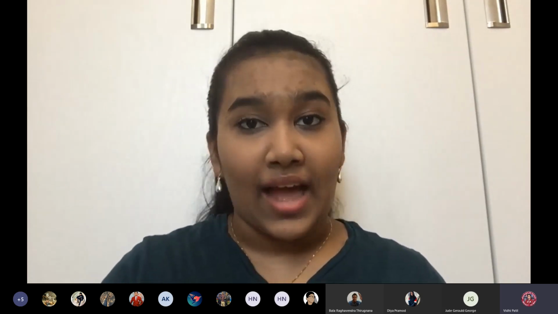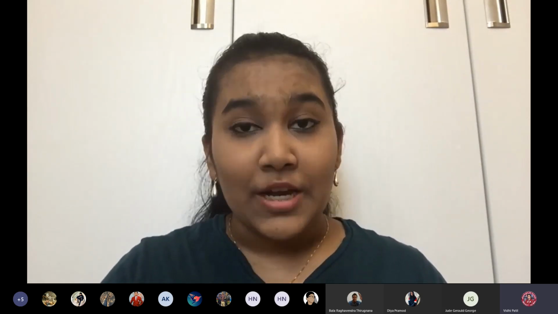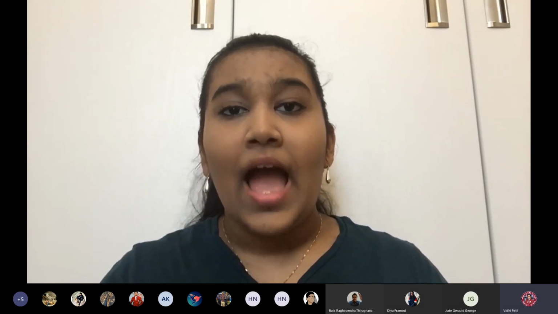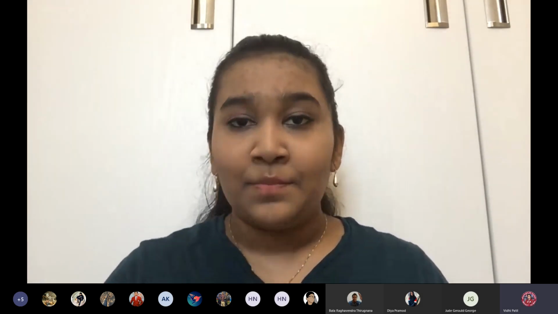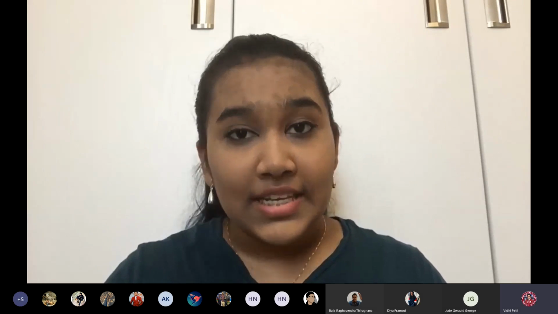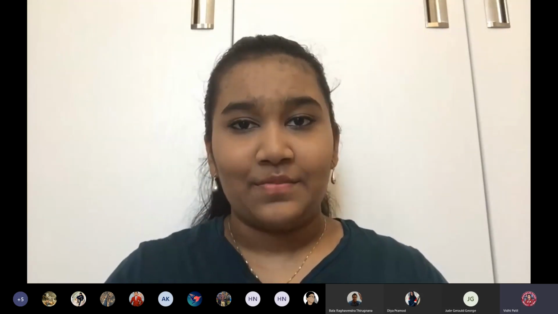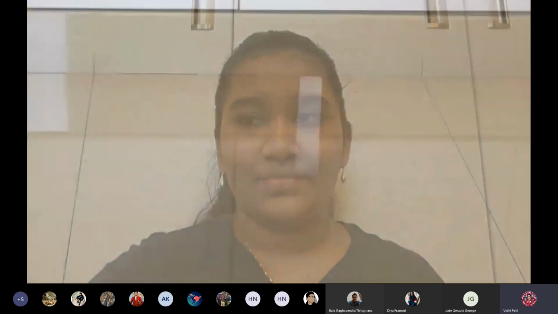Our third experiment is called teabag lanterns. Our aim of this experiment is to see why tea bags fly when we light them on fire and make our own teabag lanterns. The materials required for this experiment are some tea bags and a matchstick. So let's start.